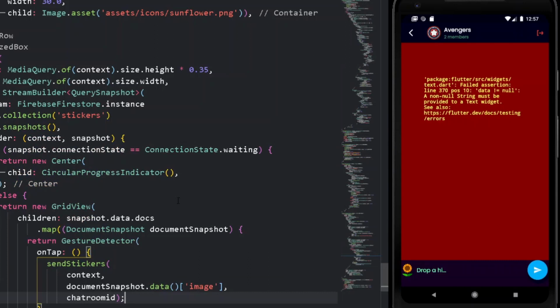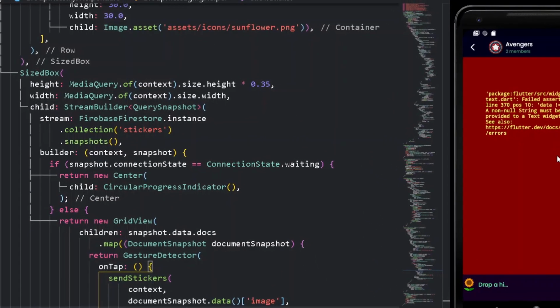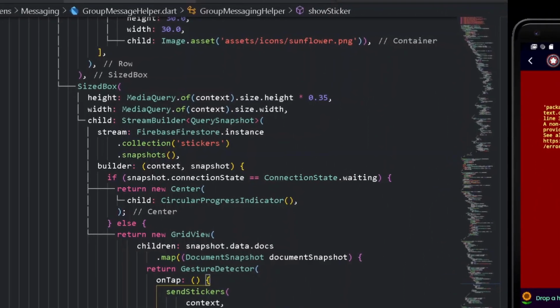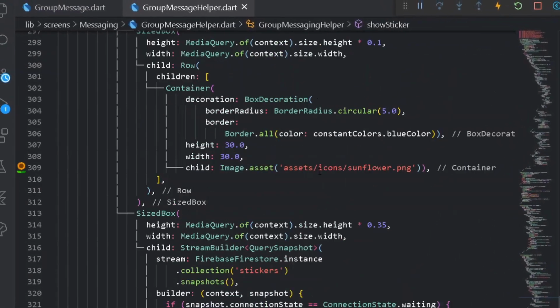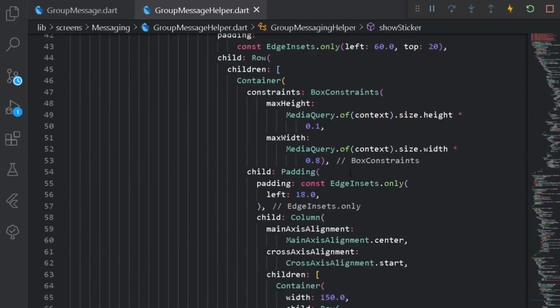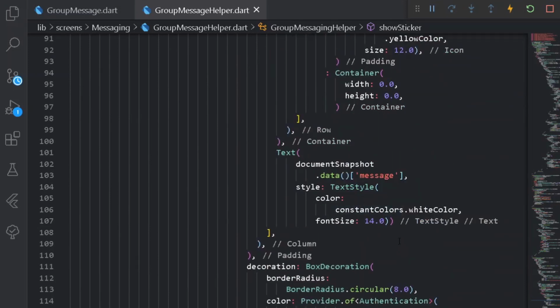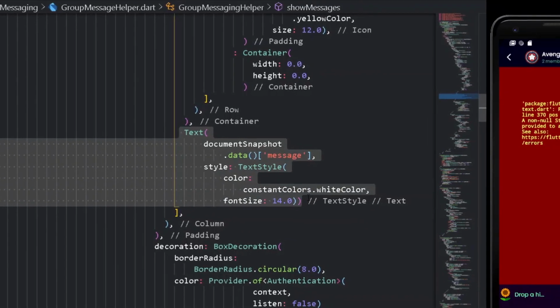So now the next major thing is simply asserting an if condition over the particular message field of our entire message, that is our message from our Cloud Firestore. So what do I mean by that? We can simply go at the top where we are getting all of our data, and here if you remember we are simply sending the message here, but now we don't have any message, the only thing we have is the sticker. That is, the following document does not consist of the message field but of the sticker. So we need to do one thing, that is remove the following text of message from here. So now let's try removing it.